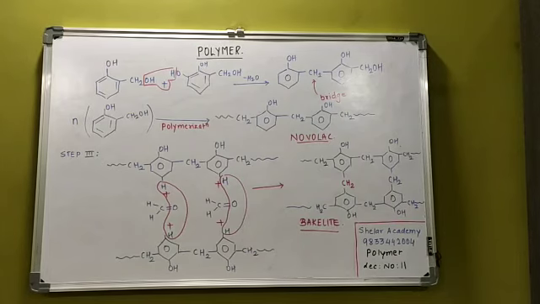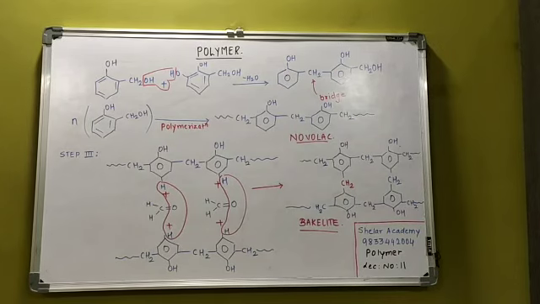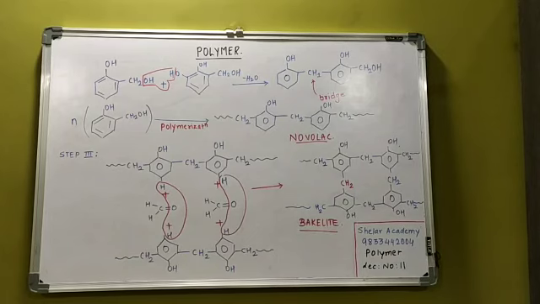So these are the two molecules of formaldehyde. Now what happens? HOH combined, HOH there also combined, a simple removal of two water molecules. The next structure you can see, the structure of bakelite. CH2 forms a bridge between, it's a cross-linked polymer. That's all. A simple method by which you can prepare bakelite.